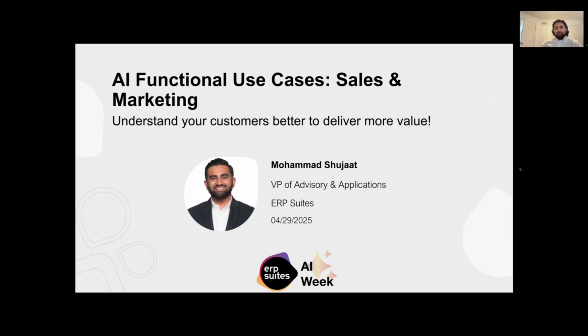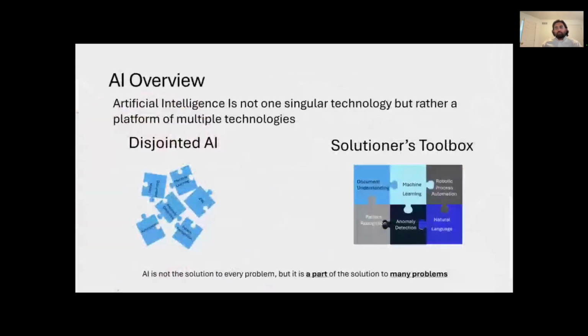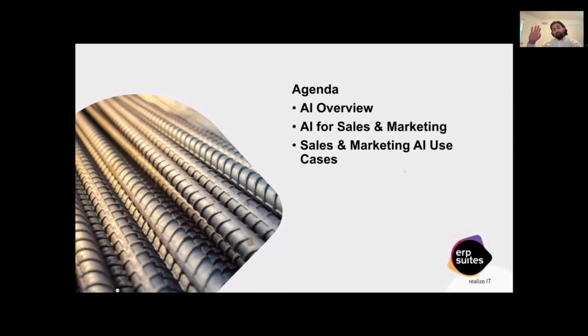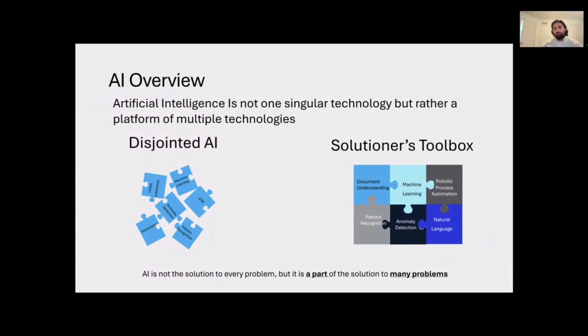So going forward, we're going to do a quick AI overview. I'll keep it brief because many of you have been in the same presentation or a previous presentation around use cases, so I don't want you to see the same information. We'll talk about AI for sales and marketing, and then we're also going to talk about very specific use cases. This is one I'm really excited for. For those of you who have been in one of my sessions before, apologies, please have patience with me. I'll go through this quickly. For those of you who have not,